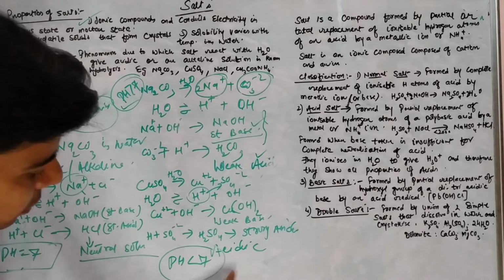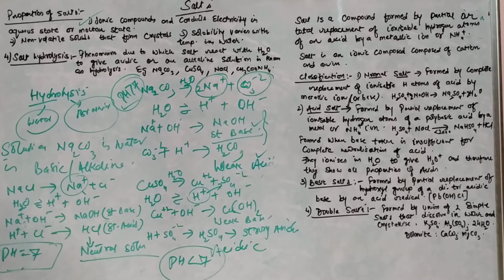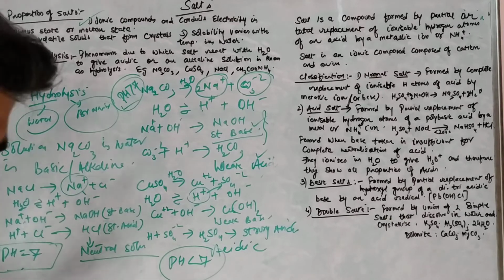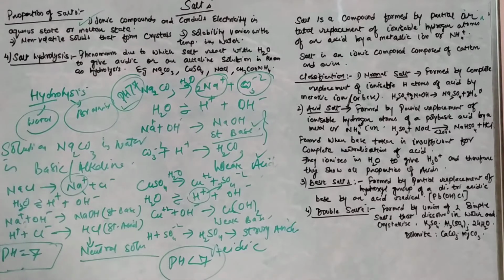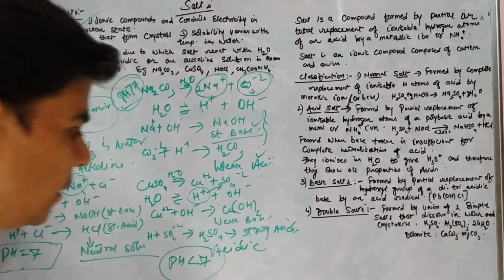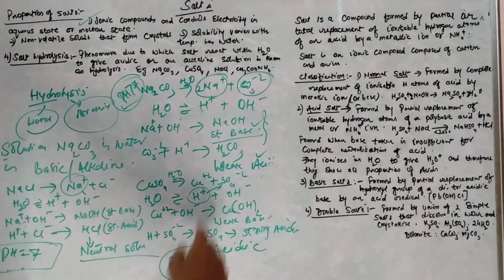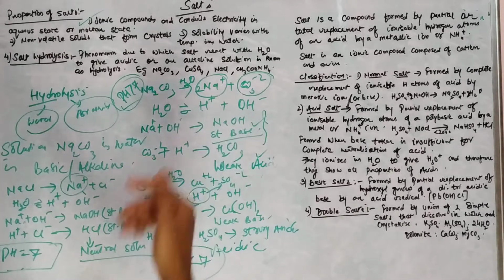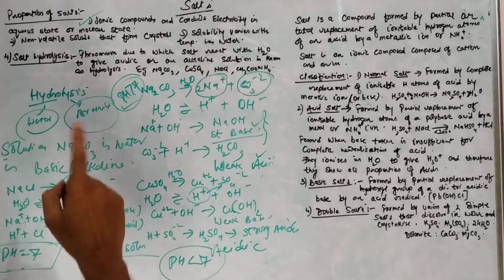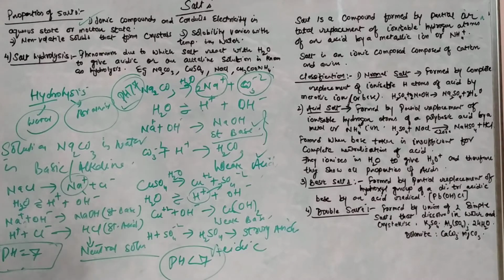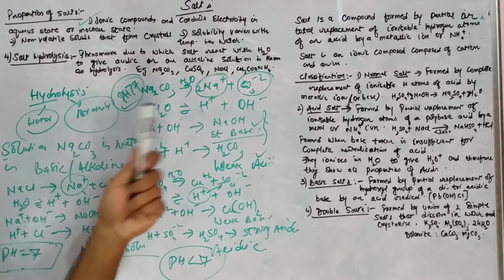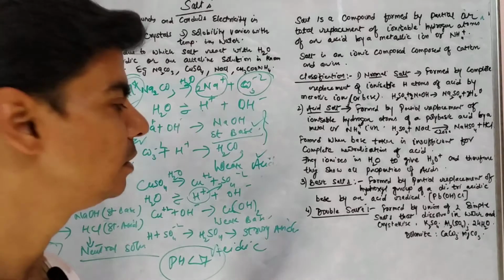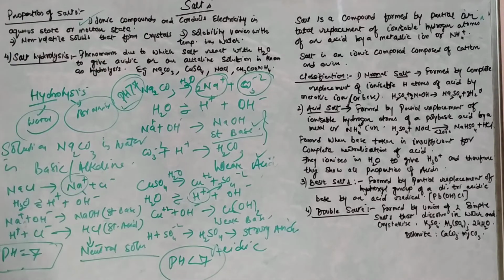And what would be the effect of litmus paper on this acidic solution? Blue litmus will turn red, and phenolphthalein solution will remain colorless. Methyl orange will turn pink. Similarly, sodium carbonate is a basic solution due to the strong base, sodium hydroxide. So for this, red litmus paper will turn blue, since it's a strong base.